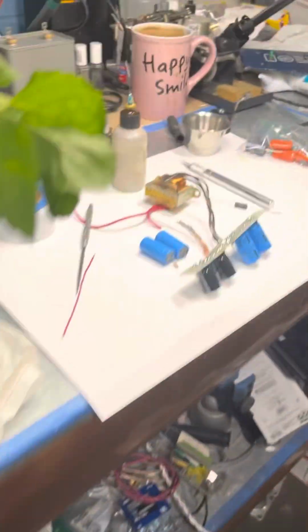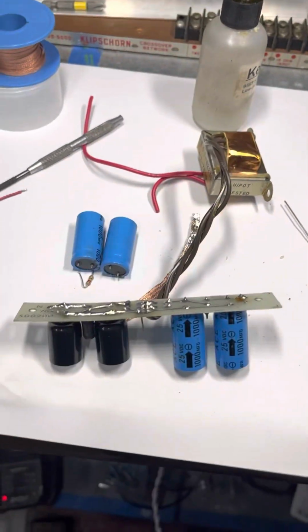So basically, my poor plant, I left it in the sun too long today. Anyways,